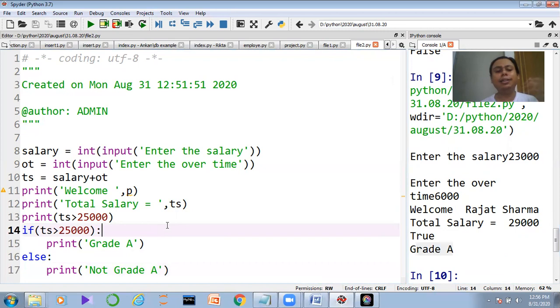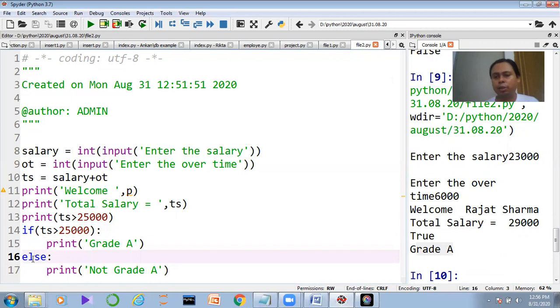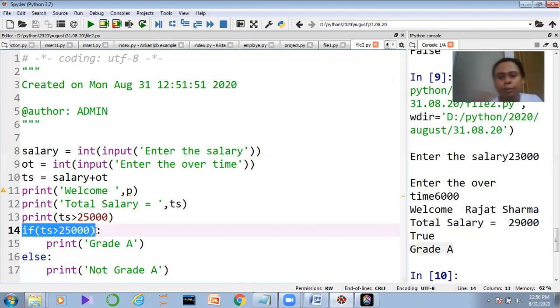Now you need to understand the nature of if and else. See, if else is basically called a logical block. This kind of thing is also called a logical operator. If the total salary is more than 25,000, guys, it's a block of code. So here, this particular thing is called indentation. Indentation is used for block generation. To identify and define the block, we have to use the indentation operator.